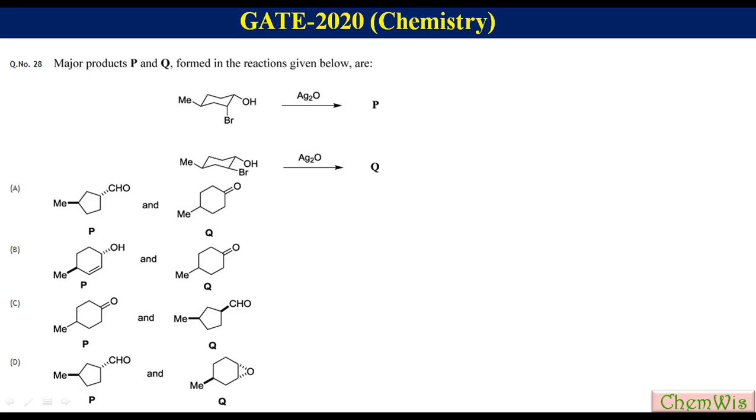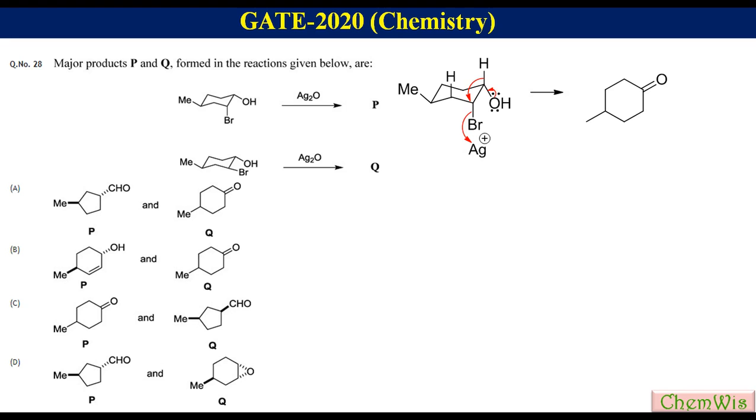In question number 28, we have to find the structure of major product Q and R. In this type of reaction, there is a leaving group, which is bromine in this case, and a migrating group. The leaving group and the migrating group should be trans to each other. These are the two hydrogens that are trans to bromine, but the hydrogen attached to the alcoholic carbon migrates because OH provides electronic push. Thus, the elimination occurs like this to produce